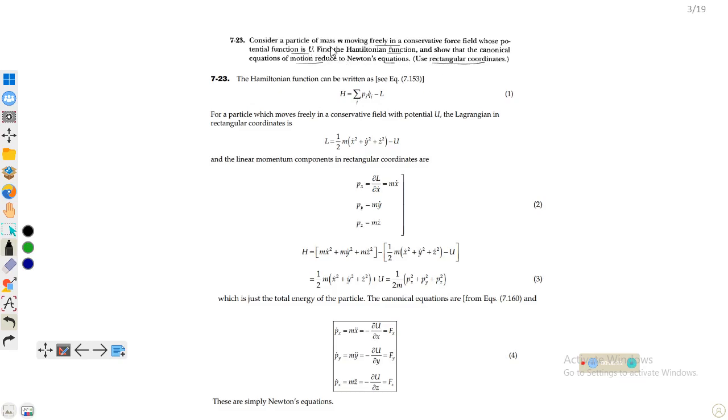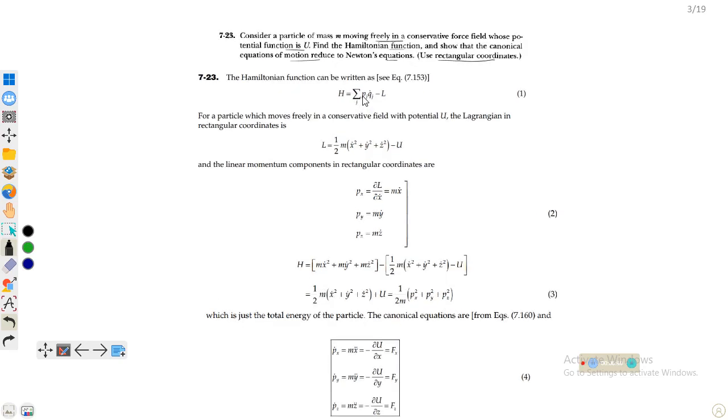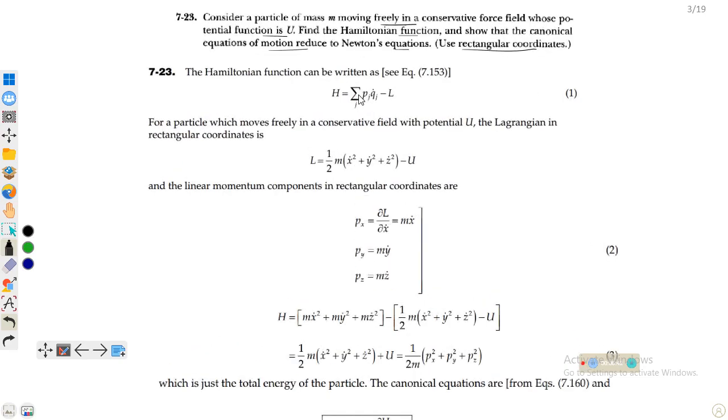The very first thing is that we have to find the Hamiltonian function. The Hamiltonian function in general can be written as H is equal to the sum of p q dot minus L. This summation means that if we have many coordinates, we will just sum over them. So, summation p_j q dot_j minus L. For a particle which moves freely in a conservative field with the potential U, the Lagrangian in rectangular coordinates will be equal to